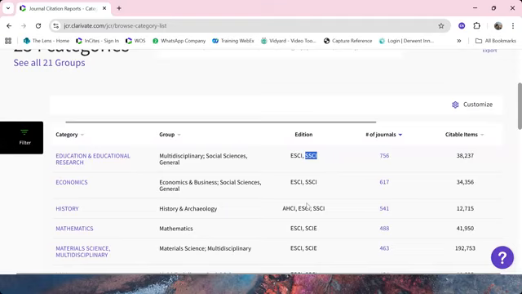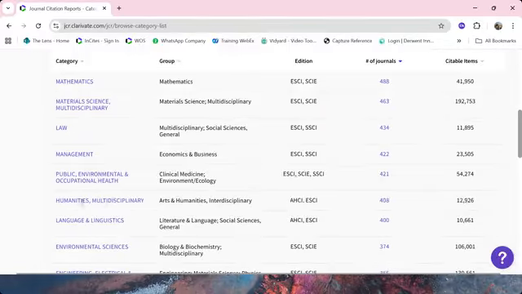So for example, if you see that there are journals here under the humanities discipline that are pure AHCI and ESCI only, these 408 journals will not have a quartile. AHCI journals do not have a quartile because these disciplines tend to have very, very low journal impact factors. And if you split them up by quartiles, it just doesn't make sense. So they do have a journal impact factor, but they don't have a quartile.